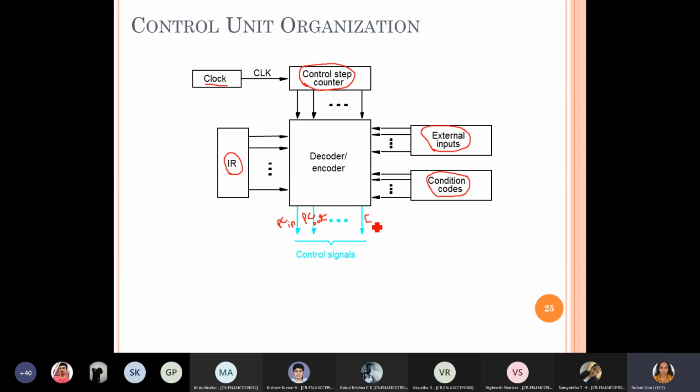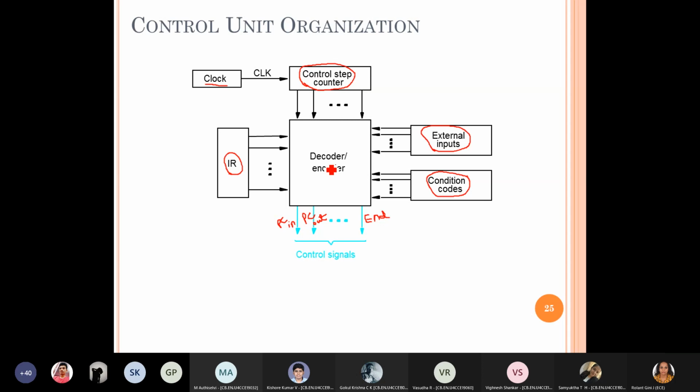And of course you will have the end control signal, which is actually the trigger pulse to initiate or reset the counter, so that the counter again starts from T1, where the next instruction fetch takes place.